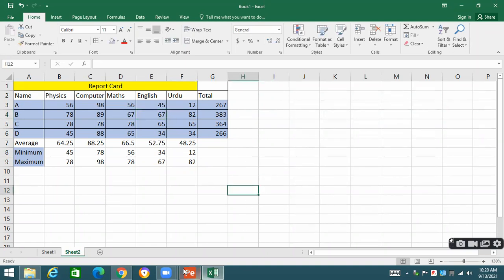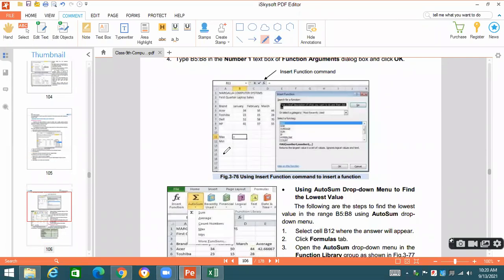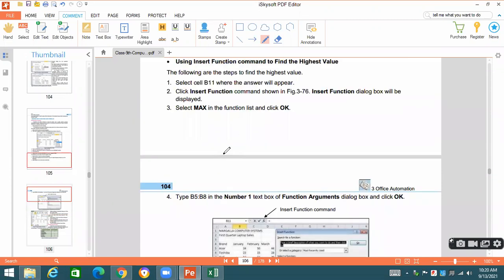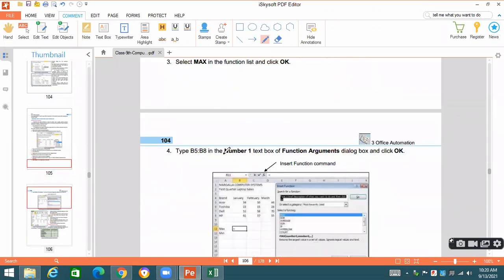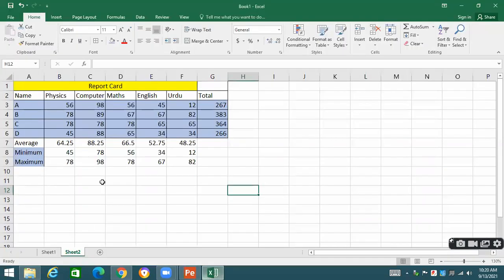So all these points are covered. Max, minimum, these are all clear. The same thing we can do by going to the function option.